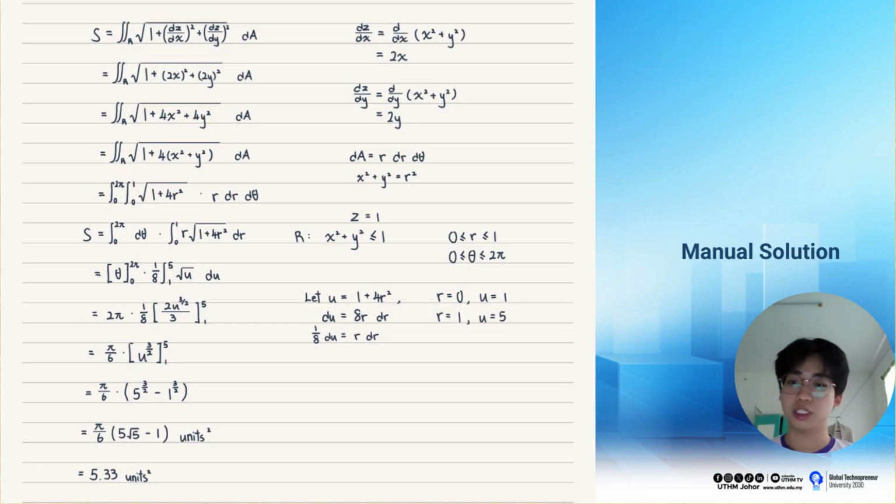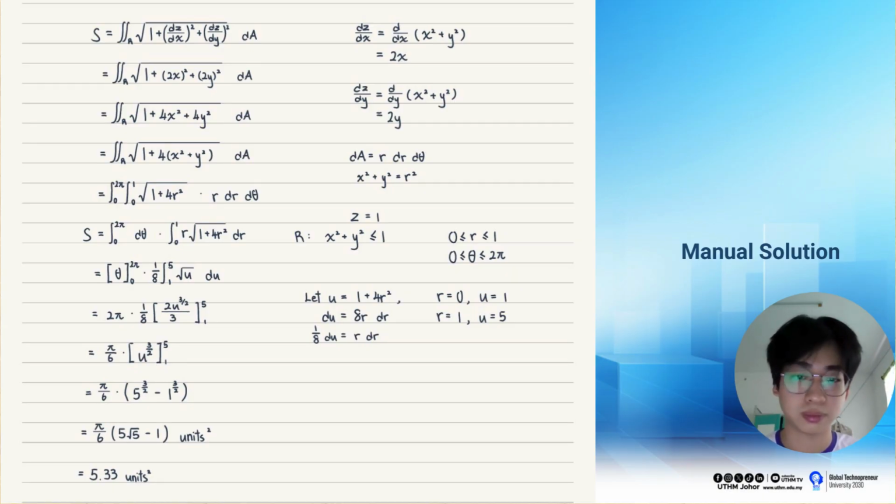Since the region of integration is a disk where z equal to 1, we again switch to polar coordinates. The term x squared plus y squared becomes r squared, with the limit of r from 0 to 1 and theta from 0 to 2 pi. We use u substitution with u equal to 1 plus 4r squared. We solve the definite integral. This yields the exact solution of pi over 6 (5 square root 5 minus 1), which is approximately